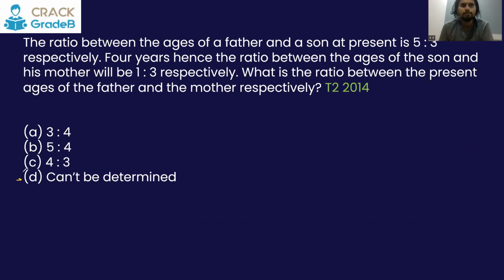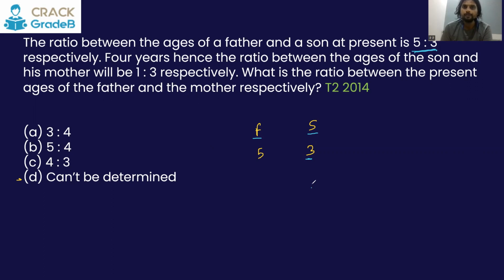Because it says ratio between the ages of father and son at present is 5:3, you can say father is 5 years old and son is say 3 years old presently. One of the cases we are taking because this is the ratio. Don't go into biological part of it. How can a father be 5 years? Just consider because the ratio is 5:3. 4 years hence, ratio between age of son and mother will be 1:3. So after 4 years,